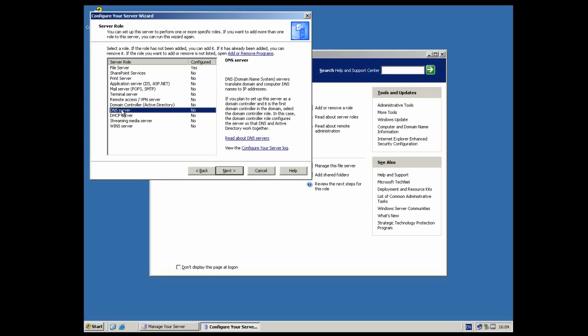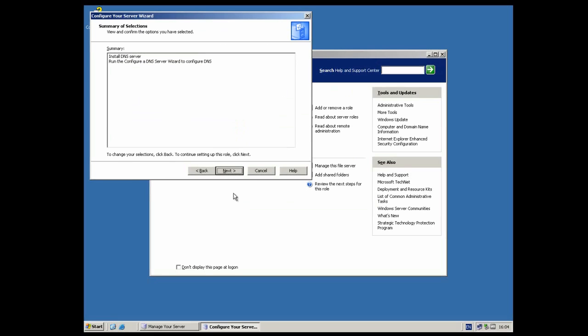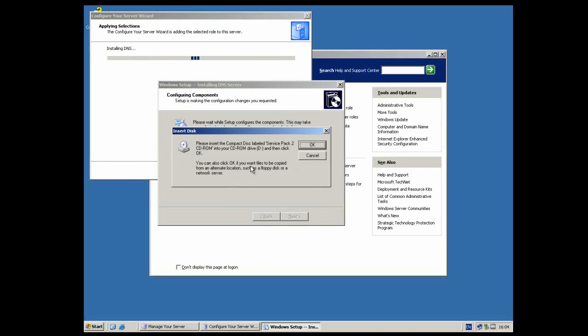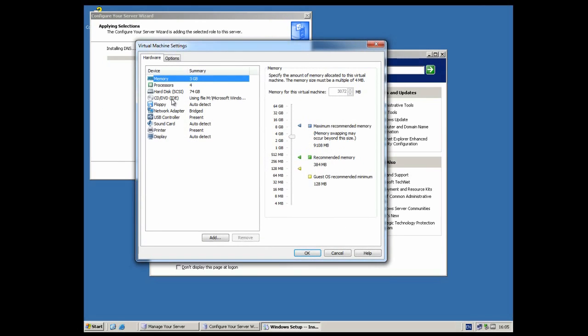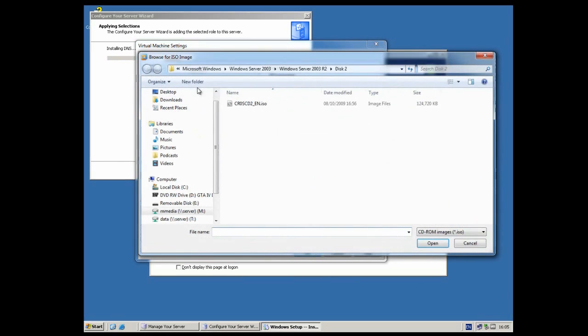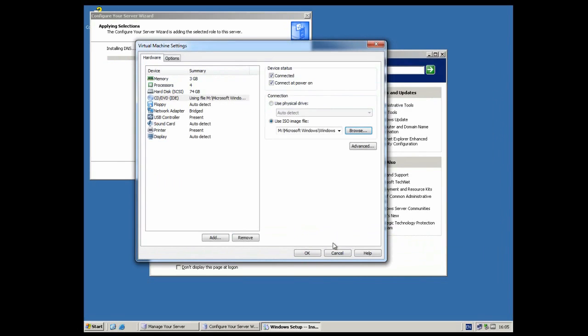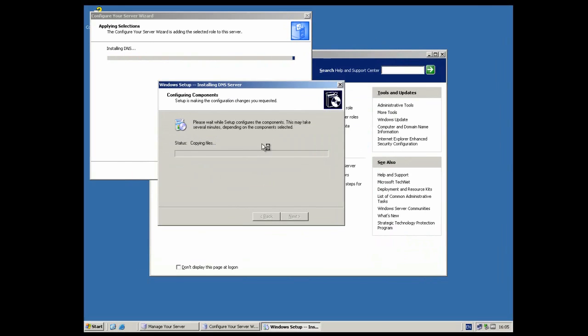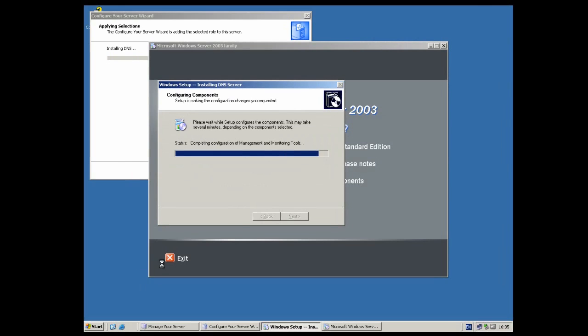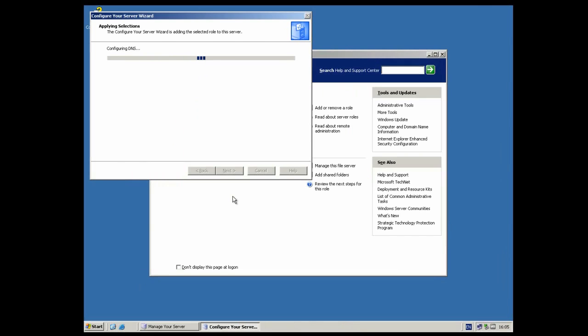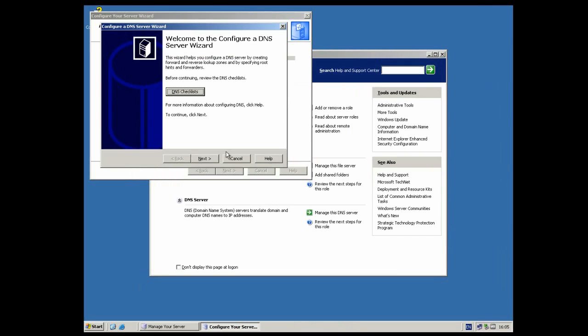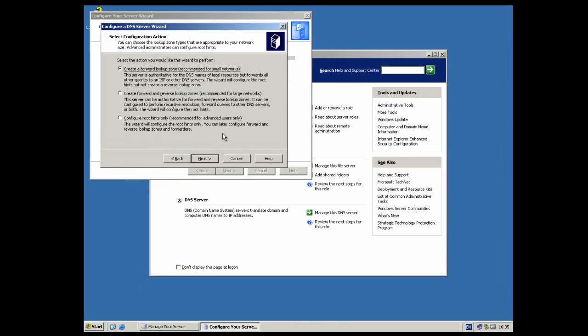First thing we need to put in is DNS server, which stands for Domain Name Server. So we need to insert the CD1. Since I'm using a virtual machine, we'll select it here, and it'll carry on automatically, which is quite good. So select to configure DNS and configure a DNS server wizard. So create a forward lookup zone,